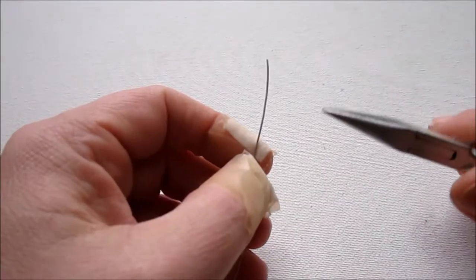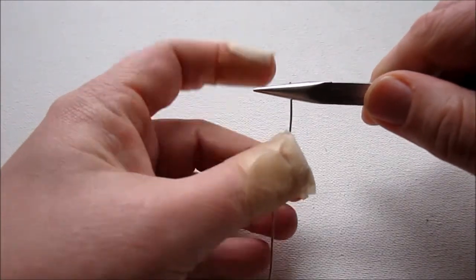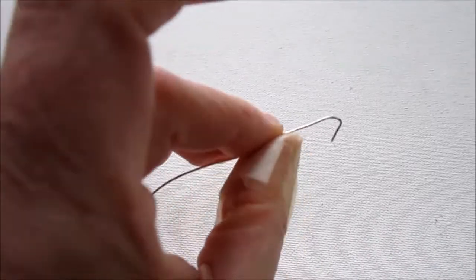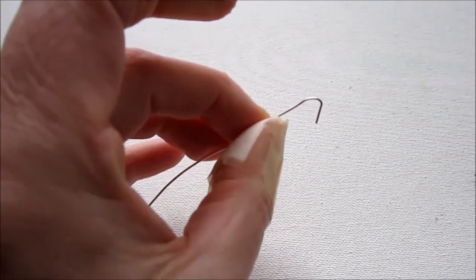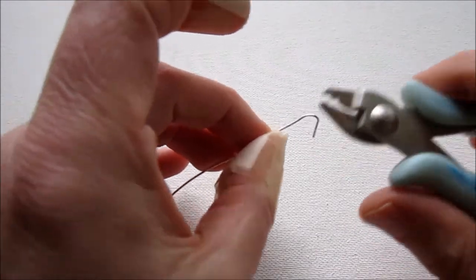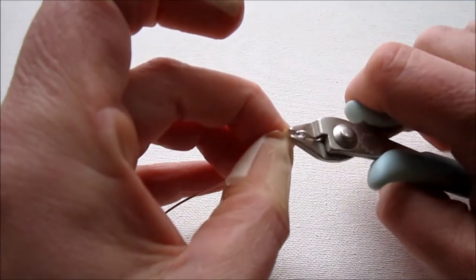And then we'll use our chain nose pliers just to make a little hook. So just kind of hold it, and then we're just bending, and you see this hook, and then you can just use your chain nose pliers to close this, but I actually have a little trick. I use my crimp tool. So if you do beading and you close crimp beads, you probably have this tool around, and it's easier to close